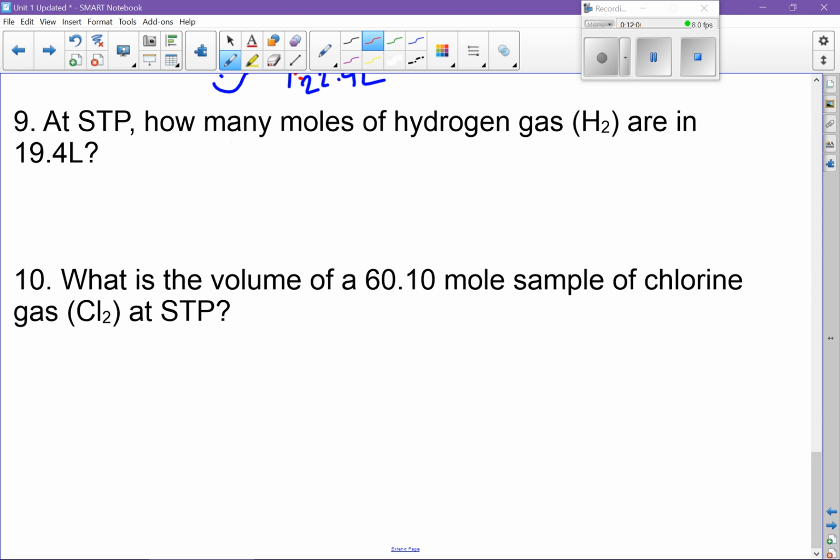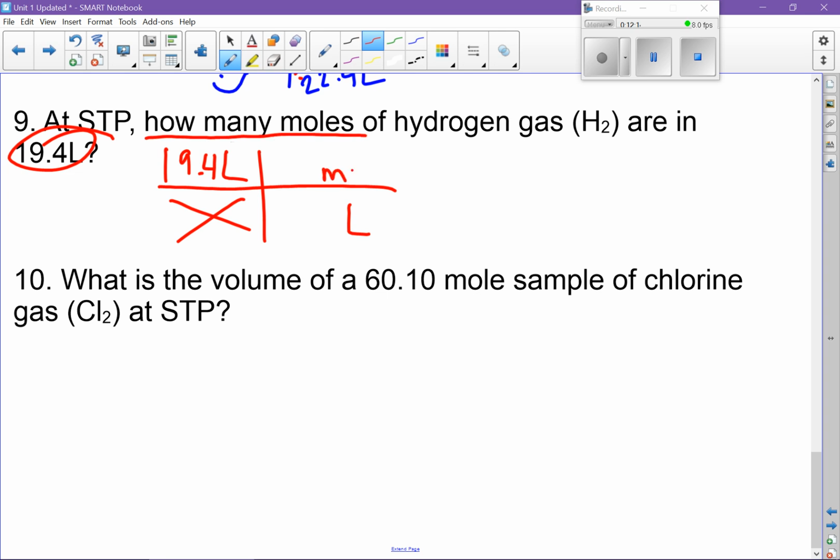Almost done. Next one. Here's the number they gave us. That's where we start our fence. Nothing goes here. Liters up, liters down. We are solving for how many moles. Moles goes on top. Wherever you see mole, you write a 1 with it. Liters needs the molar volume of 22.4. I'm going to put this in your calculator, times on top, divide down. When you do that, your calculator says